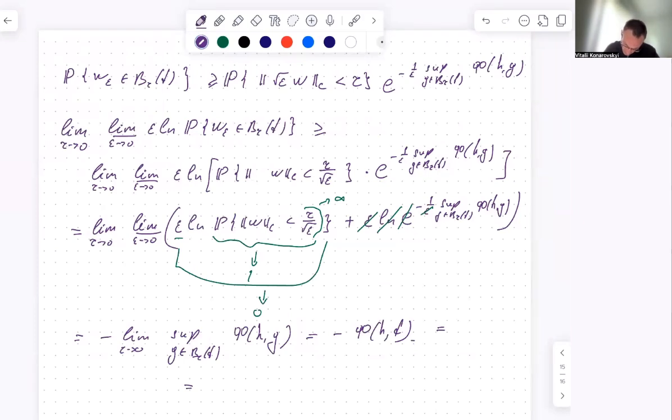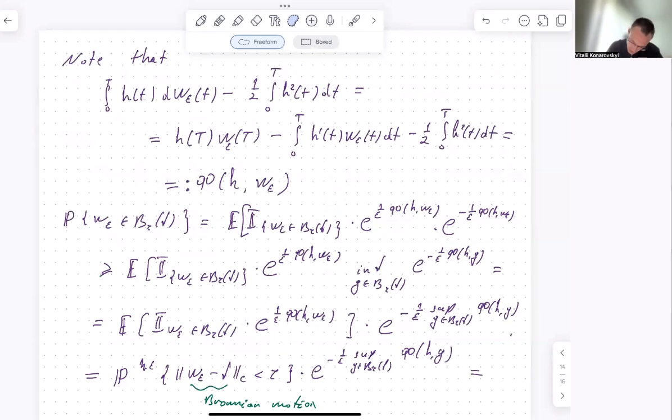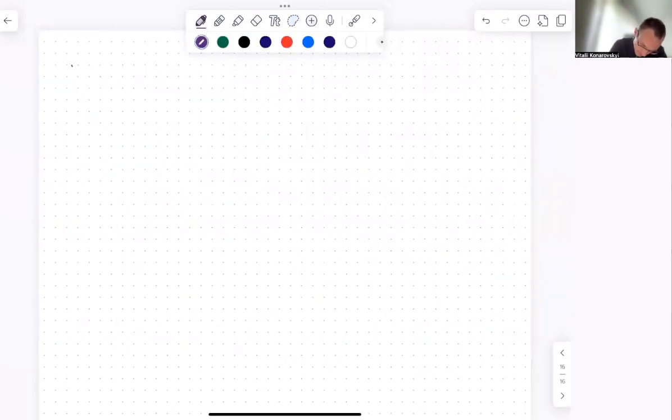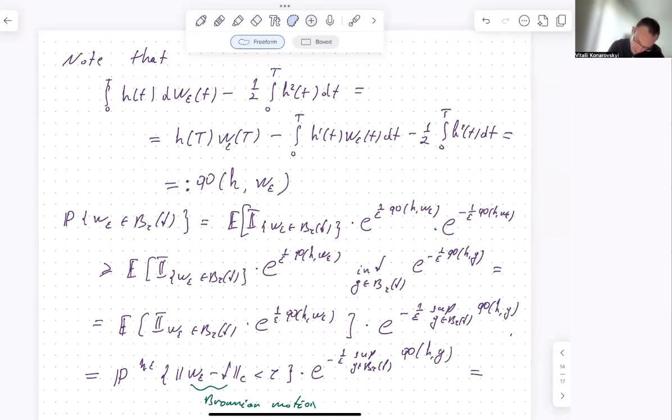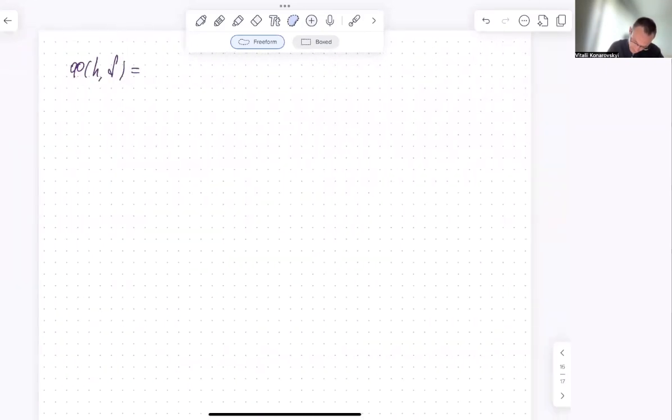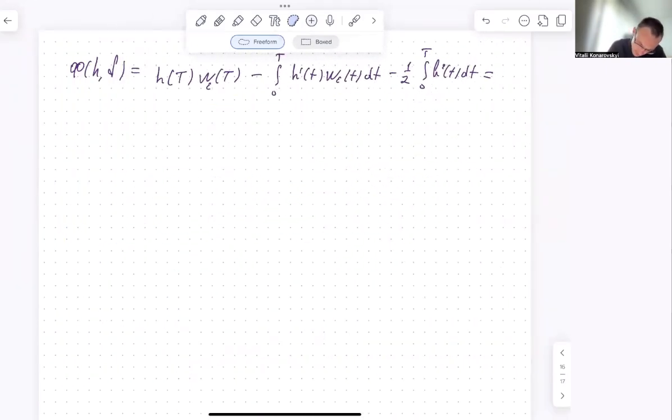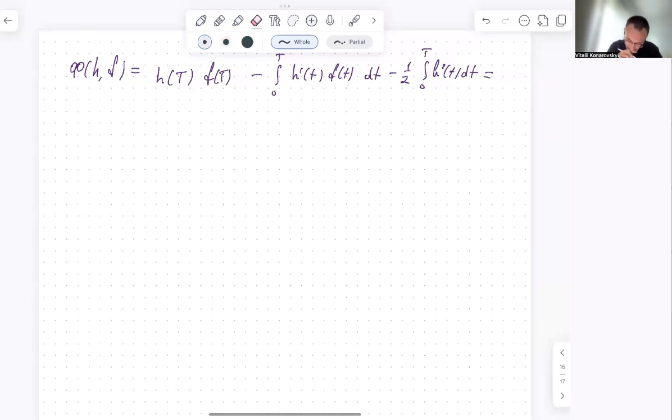You will have it is equal to minus, and then you have, let me just copy that, or maybe separately I will compute that function here. You have the function phi h of f, it is equal to, then without minus, we can just copy that function which we defined here. I do not remember it. And you need to replace w by f. Let's do that. It's f of t. It is equal to